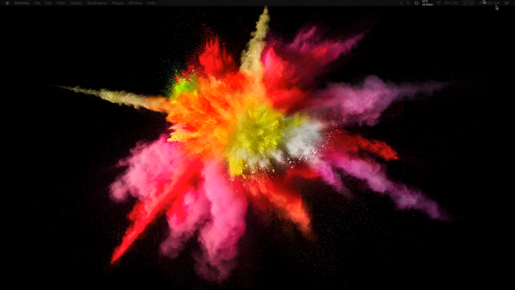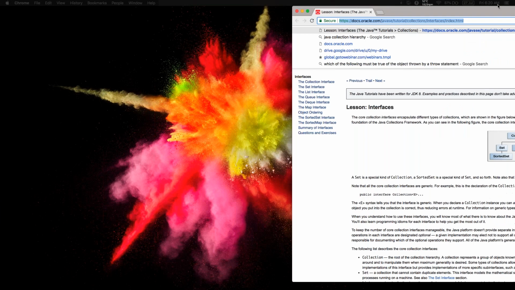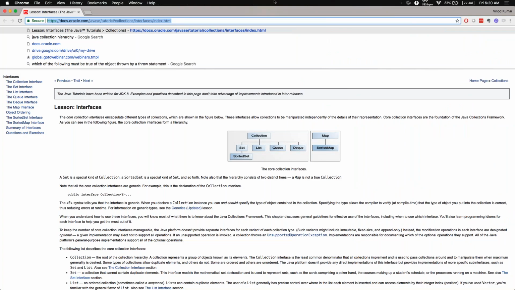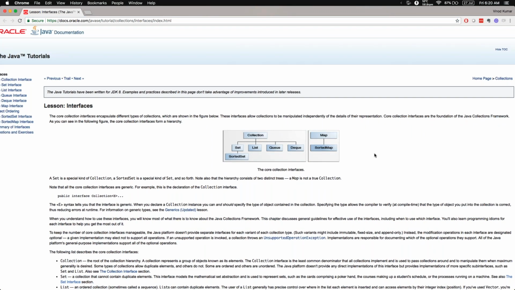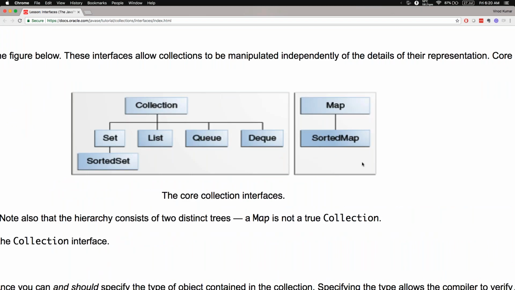Okay, I'll just bring up the browser. Yeah, so this is one of the websites for Java documentation, from Oracle. And here in this place, this is what I wanted to highlight. These are some of the collections, mostly used for